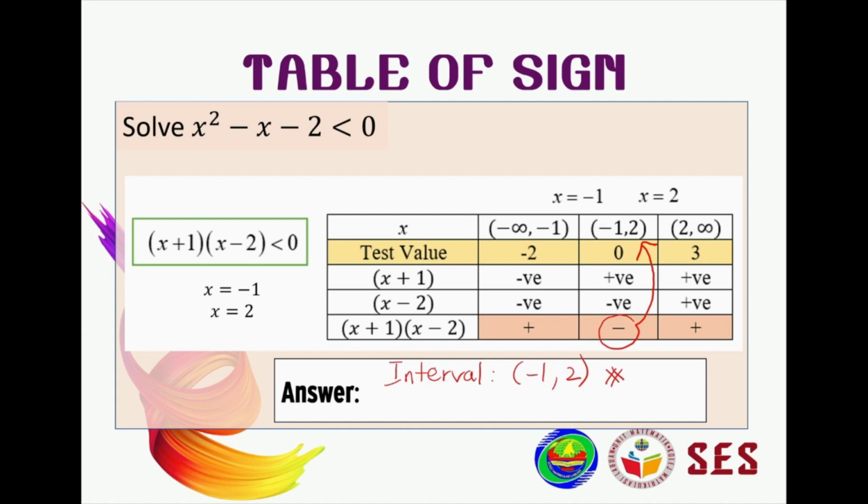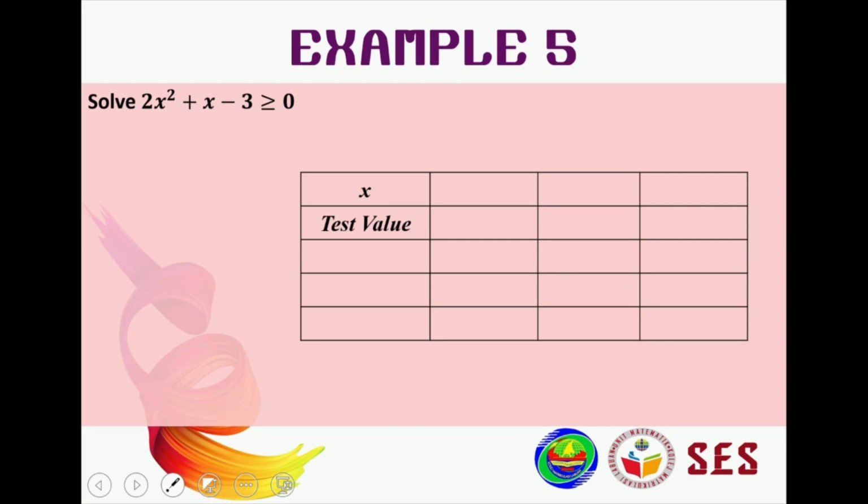So easy. And if the question asks you to write in set form, just write down the usual bracket. Because x is between -1 and 2, x should be placed in the middle. The direction of the inequality is always towards the left. Does it have an equal sign at the inequality? No, because this is an open bracket. So that's the final answer. Easy, right?